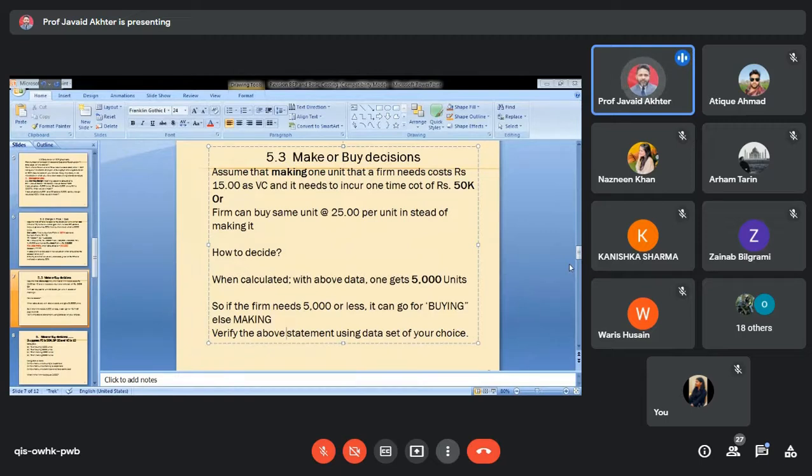What trend do you observe these days? Making or buying or outsourcing? Nowadays, outsourcing is done more. Why is it so? These decisions will require you, as I said before also, to study several courses, several subjects. At country level, the decision will be different. At state level, decisions could be different. At a very small level, decisions can be different.